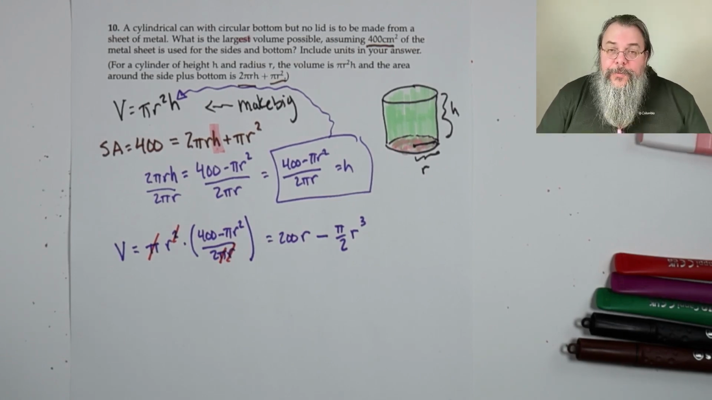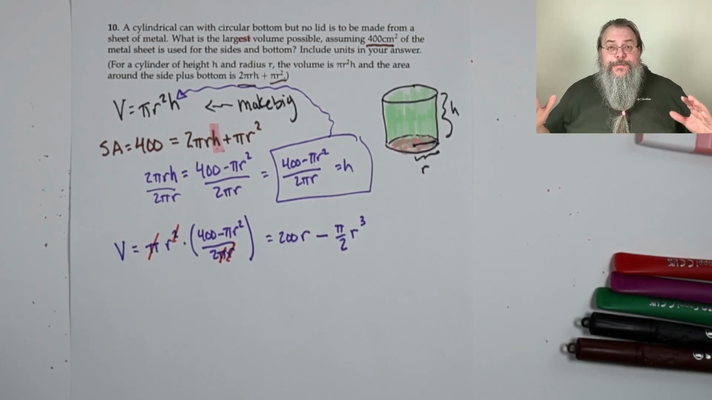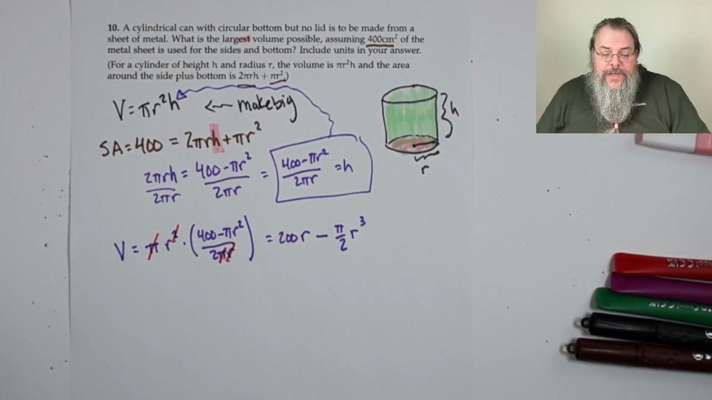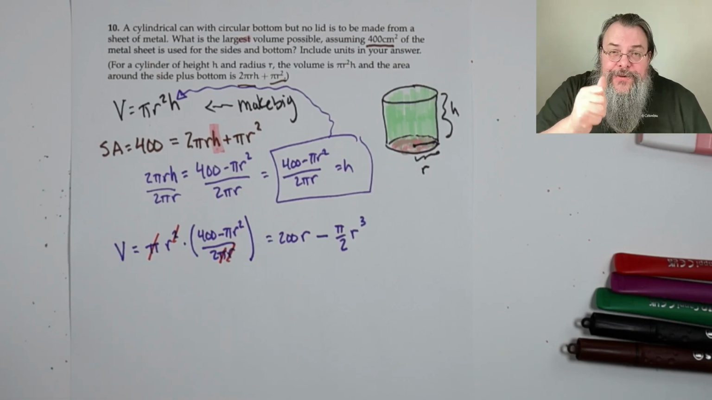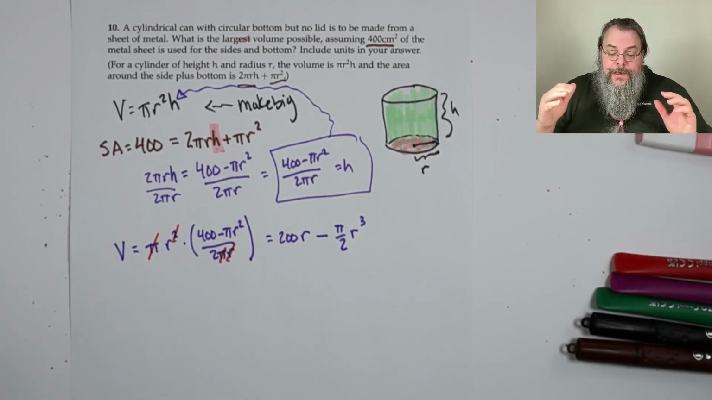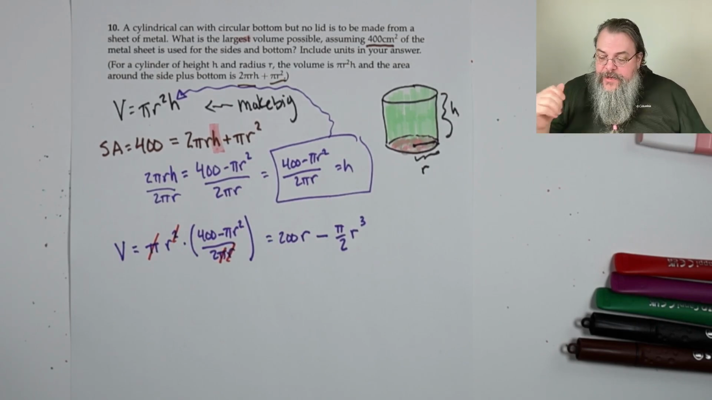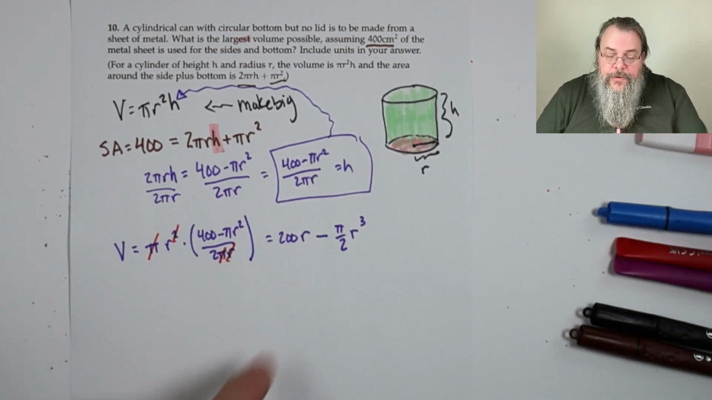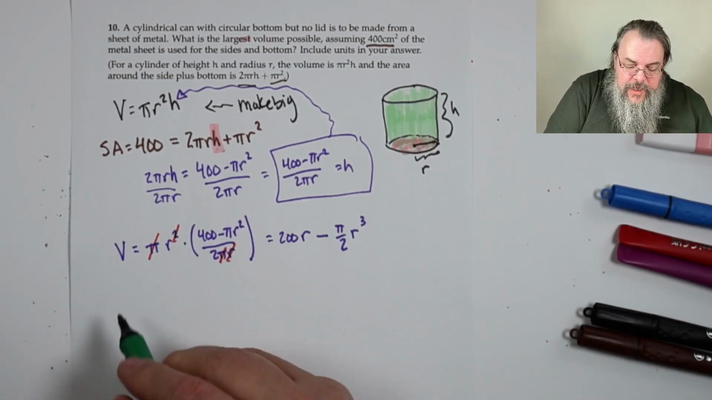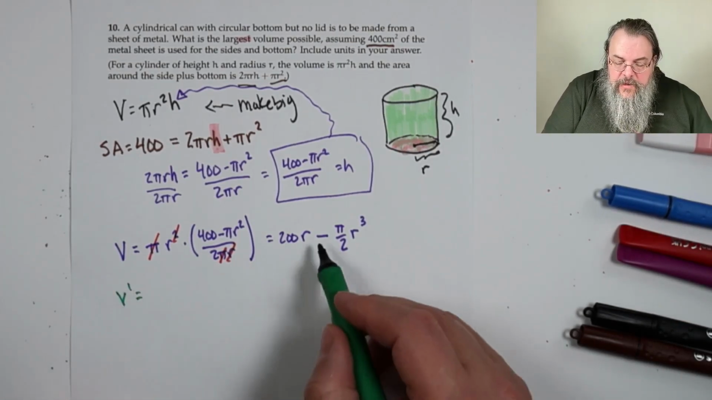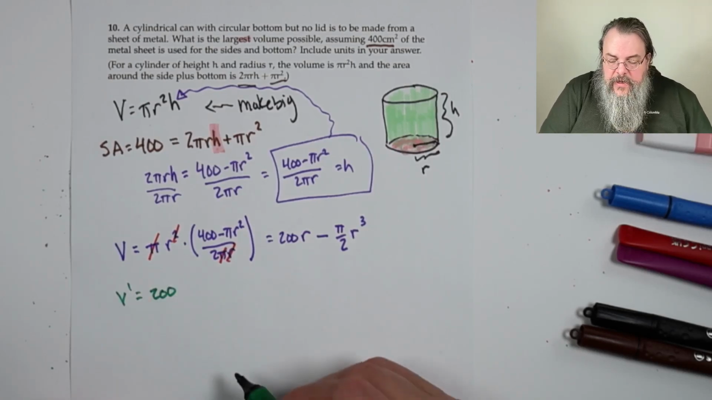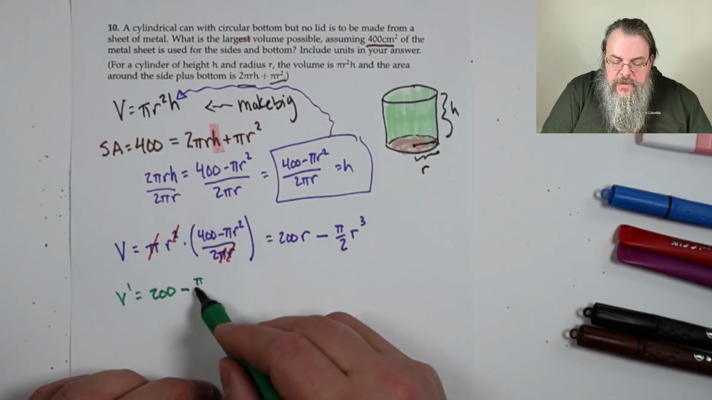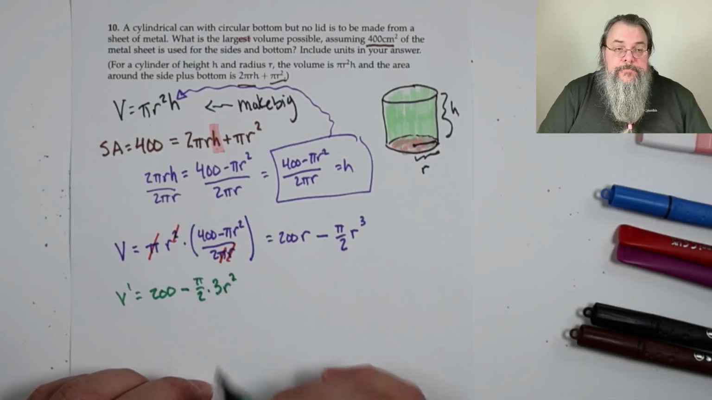And so what have we been shooting for? We're doing optimization, which means we need to take a derivative. And what we've been doing is preparing for that derivative by getting down to one variable. And we succeeded. So now that we're down to our one variable, we say, okay, great. Take the derivative with respect to the variable. So we get v prime is 200